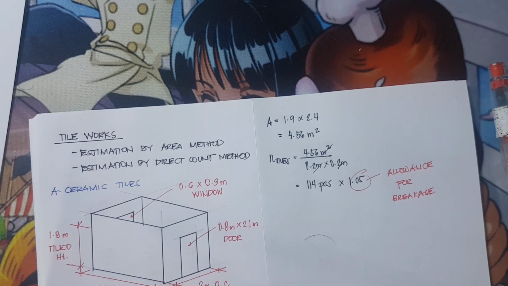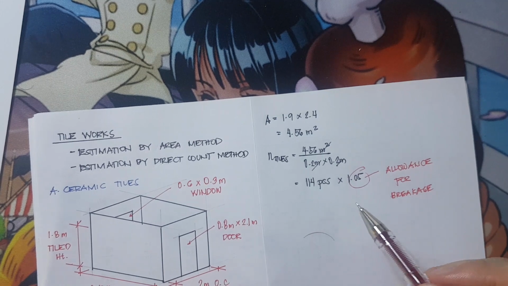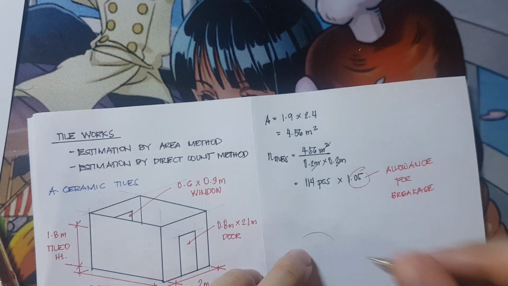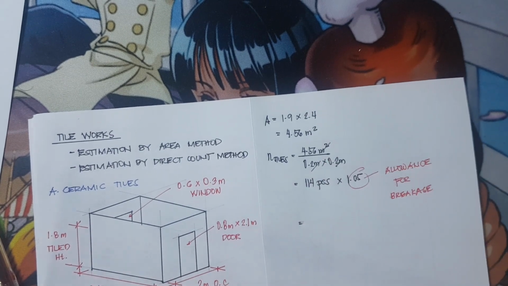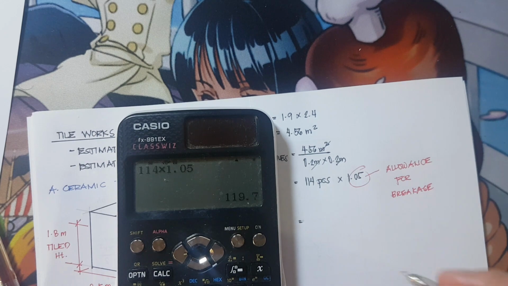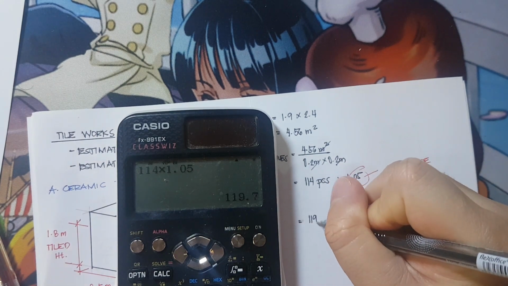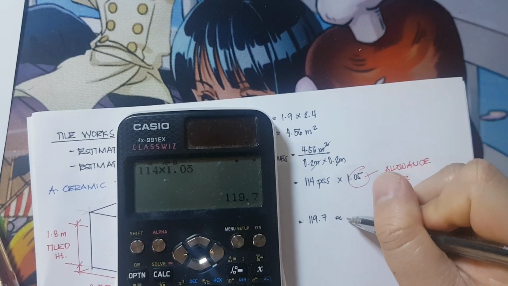And with respect to the shape ng pagkabasag ng tiles, karamihan hindi na magagamit. That's why I am going to add a 5% allowance para hindi ako kulangin if nasa site na. Okay? So, 114 times 1.05, that is 119.7, and that is equivalent to 120